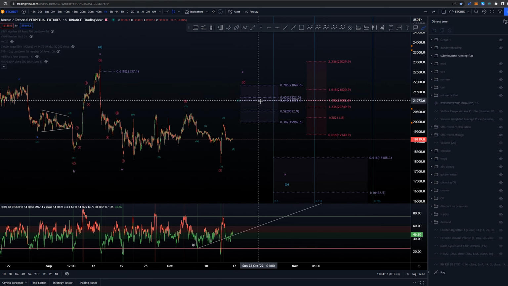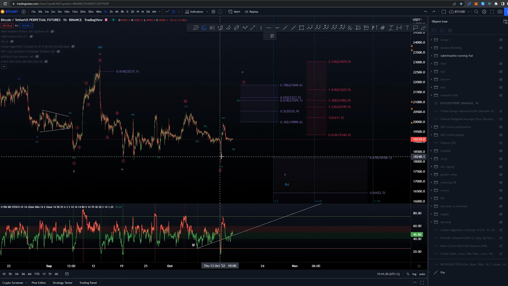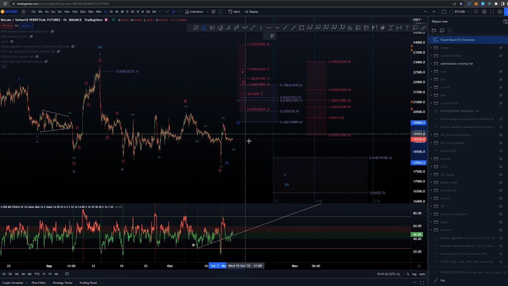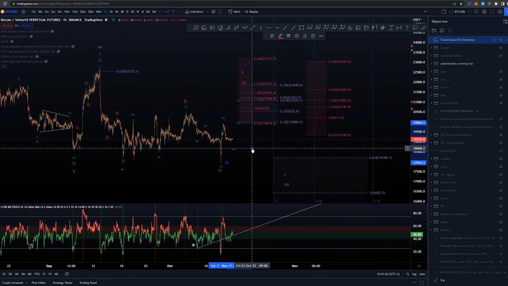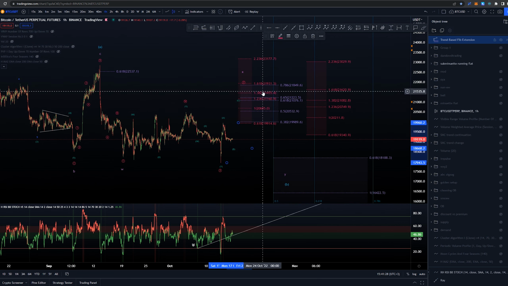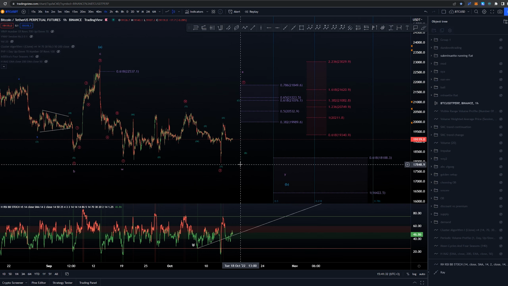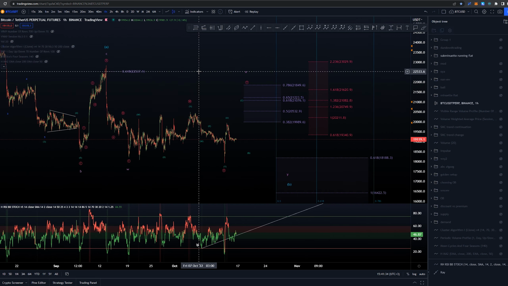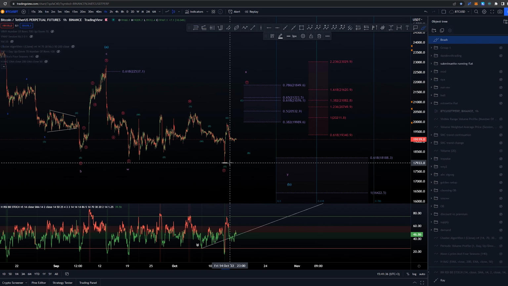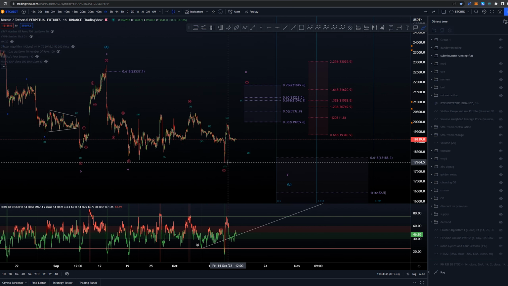We have some targets up in here around the golden pocket, lining up with the 1.382, and if we are looking at smaller time frame here, let's say that we are getting a three-way structure like this, we would be getting something like this around the 1.236, but again that would depend how and where this wave B would go to. This would invalidate, the count would invalidate if the price would get below the 17.9k area and taking out